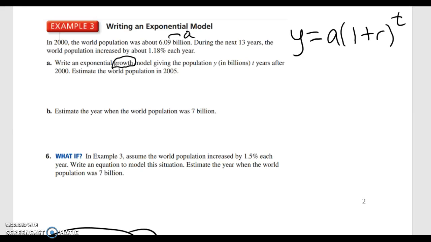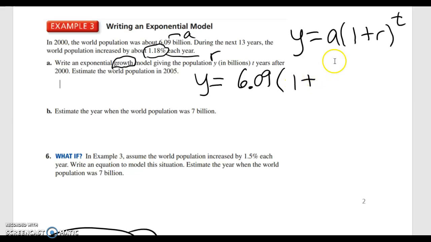Then 1.18% is our increase, so this will be our r value. So let's try plugging in. We have y equals, our a is 6.09, then we have 1 plus r, where r is 1.18%. Change that to a decimal, which will be 0.0118, all to the t power. You can add 1 and 0.0118 and get a final equation of